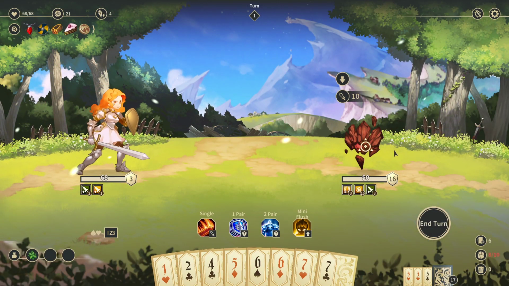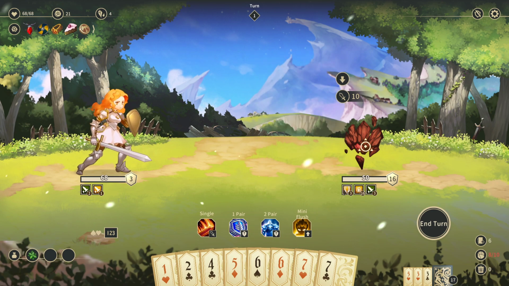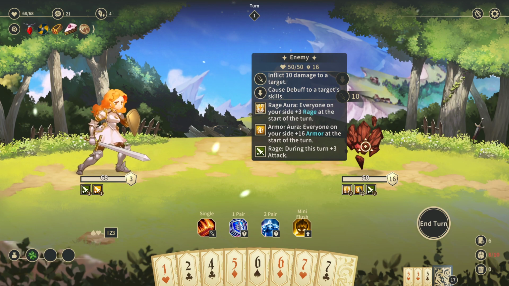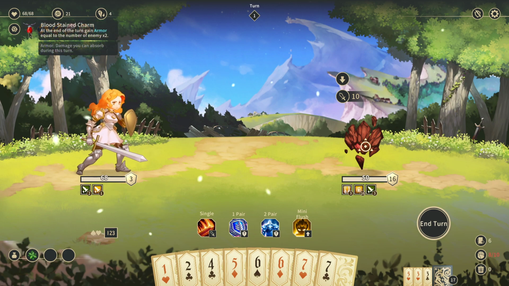Turn 1. Okay, we got, well, hello. A lot of effects on you. First one, let's see, enemy, 50-50, 16 shield there. He's got 16 shield by default here. Inflict 10 damage. He's attacking us for 10 damage, and he's going to hit us with a debuff. He has on a Rage Aura with 3 stacks. Everyone on your side, plus 3 Rage at the start of the turn. Okay. What does Rage do again? I forget. Just makes you do more damage? Oh, Rage. During this turn, plus 3 attack. Okay, so normally he would be 7, but Rage gives him up to 10. Armor Aura. Everyone on your side, plus 16 armor at the start of the turn. Okay, so gotta up our damage potential here. So we have 3 here, and at the start of the turn...